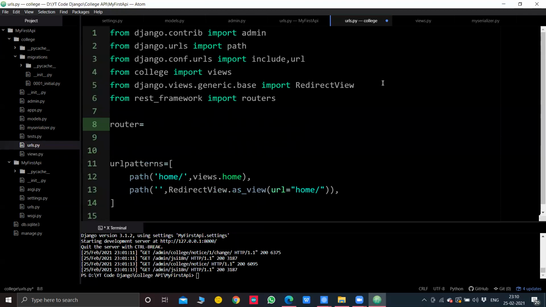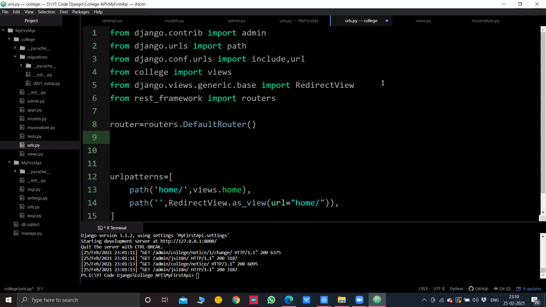I'll name it as router equal to routers dot, I'll just use the default router that has been given by Django, default router, and I'll just register the router as router dot register